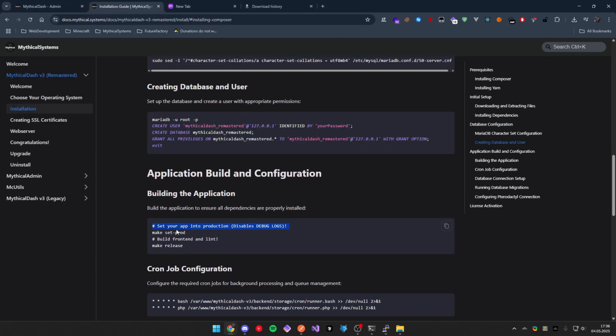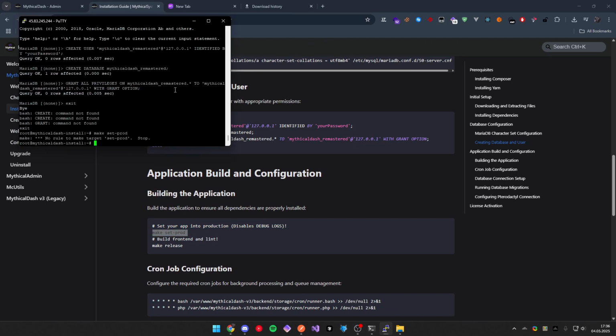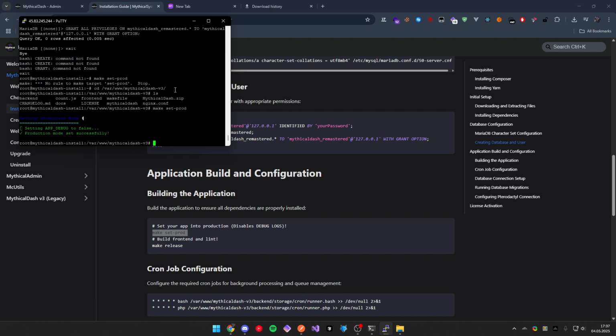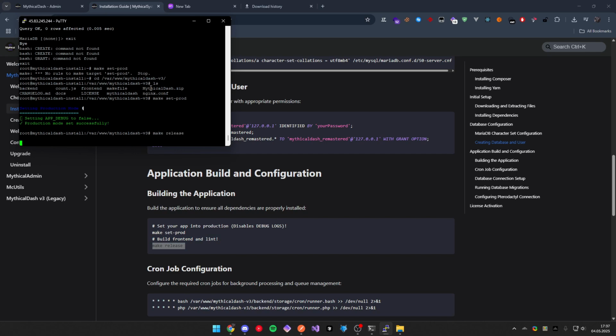Then we have to set the application to production mode, which will stop debug logs. Oh, you have to be in the MythicalDash directory, my bad. Then let's set it to production, which will set it to false, which will force the build we're gonna execute now to be a production build. Then we can do make release, which is gonna